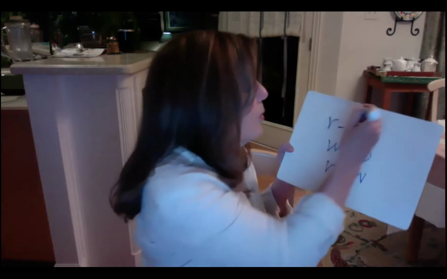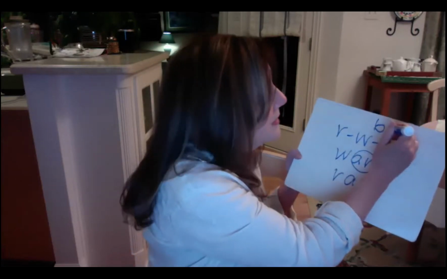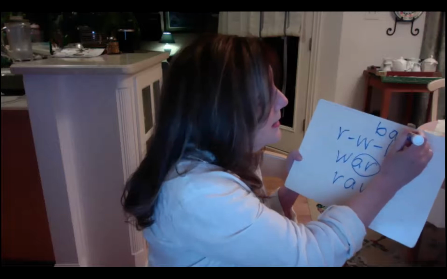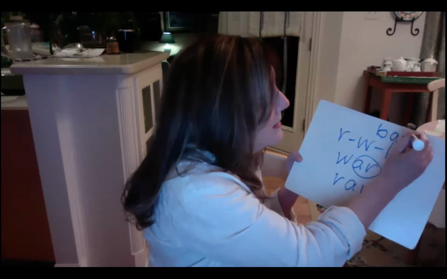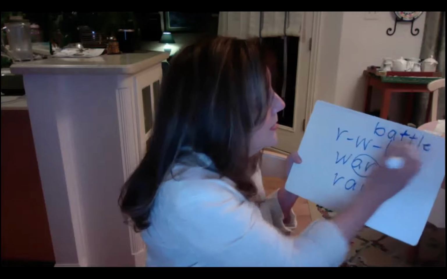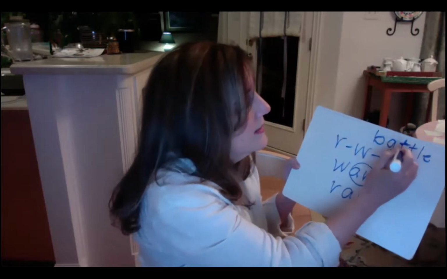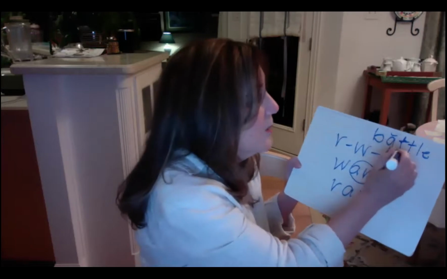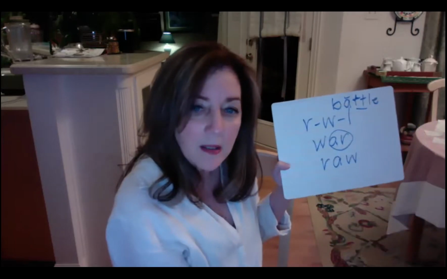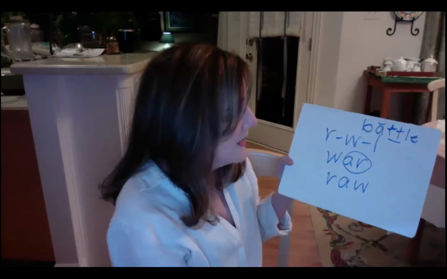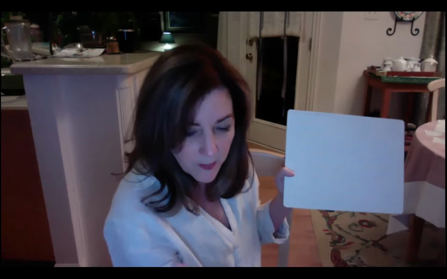Or if we see a word like battle, we see that we have a short vowel because it's followed by a double consonant. It's almost always short. We've talked about those. So I don't want to overload you with rules right now. And I know that that would happen to even the parents. But I want you to just go through a passage and have your child make a list of the words